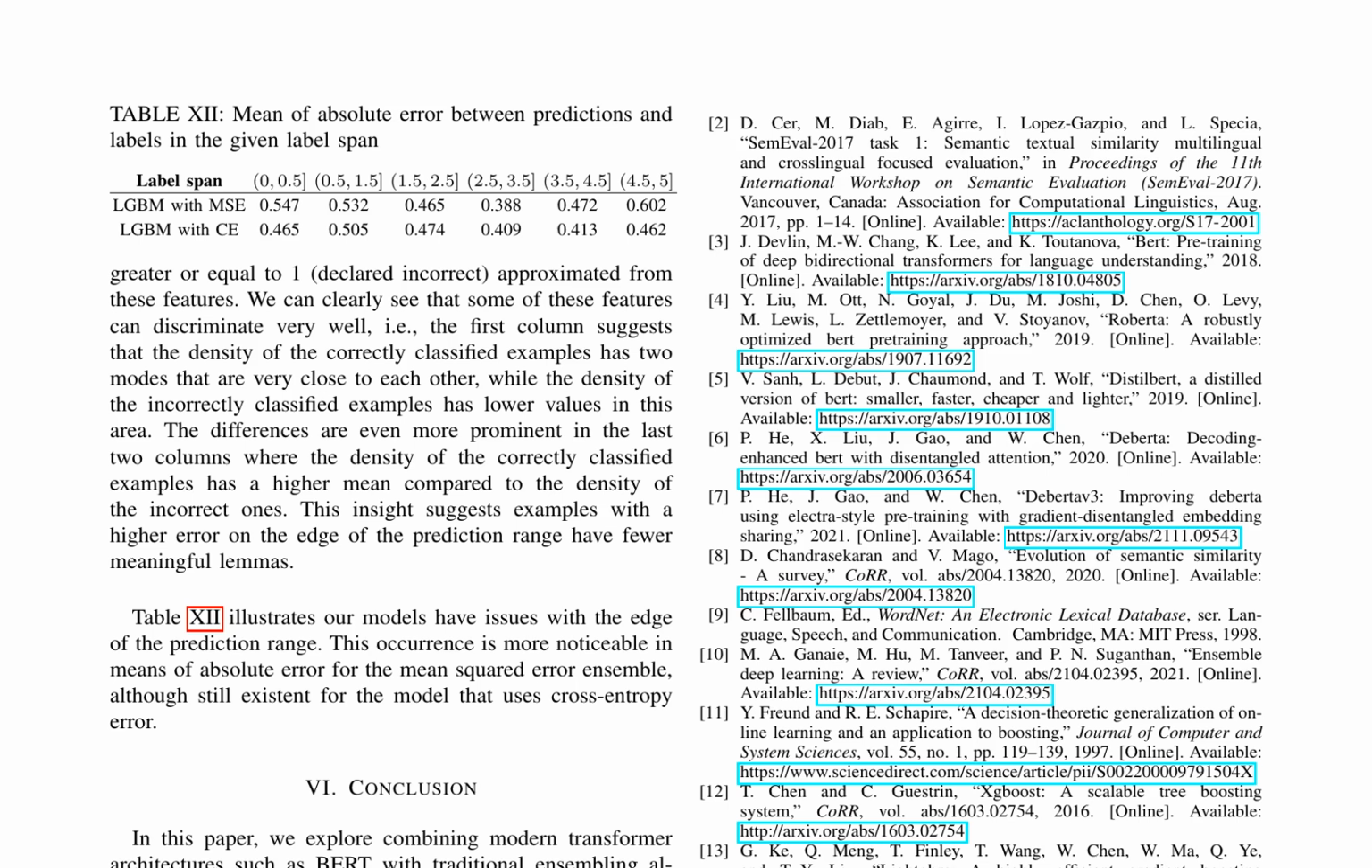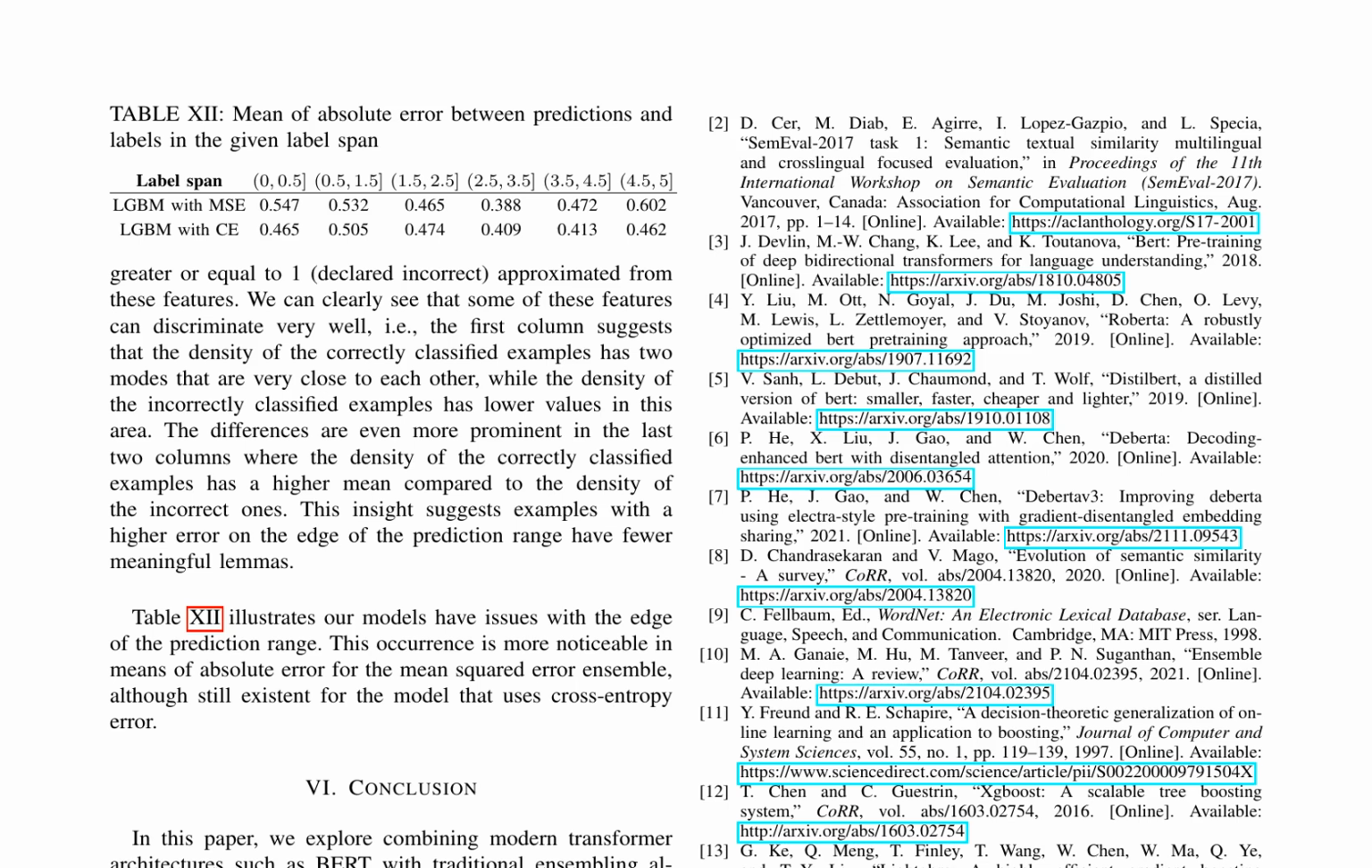The table presents the mean absolute error between predictions and labels in different label spans for two ensemble models: LightGBM with mean squared error, MSE, and LightGBM with cross-entropy, CE, error. Both models struggle with predictions at the edge of the prediction range, with the MSE ensemble model performing worse than